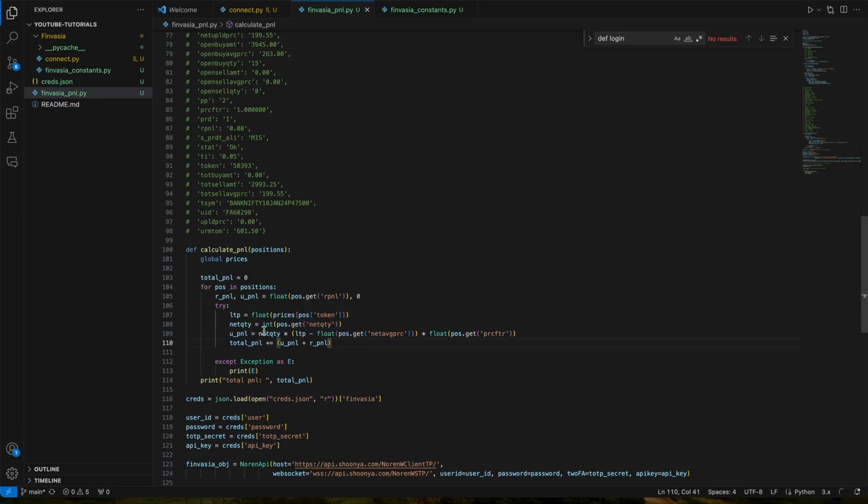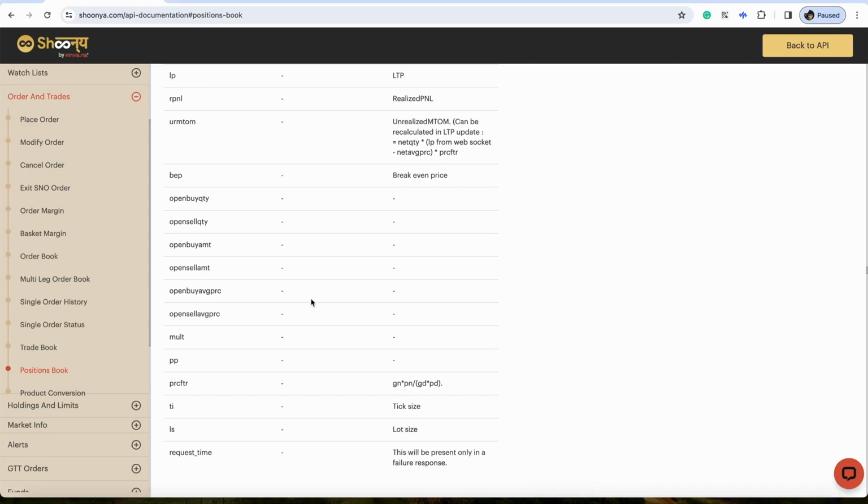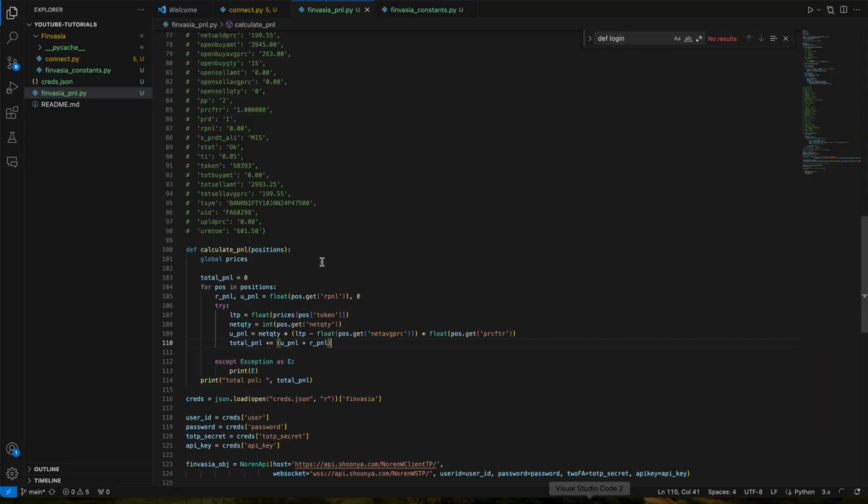Make sure that you convert these data types, because in Finvasia we get these as strings only, right? All the variables like RPNL, UPNL, LTP, net quantity and other stuff, we'll be getting as strings. So LTP we have changed to float, net quantity to int, because the quantity will be an integer,